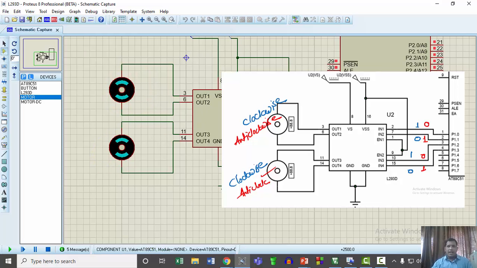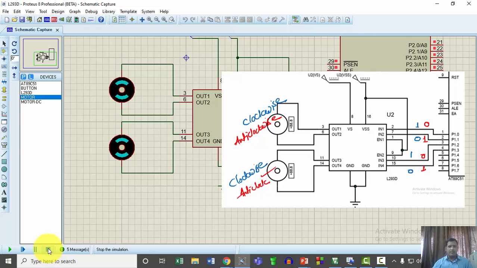So by controlling the directions of these pins, we can make the DC motor run either in clockwise or in anti-clockwise direction. In this way, we can interface DC motors to this 8051 microcontroller through